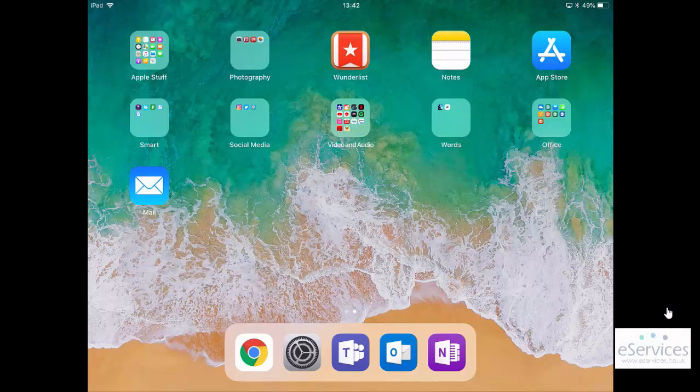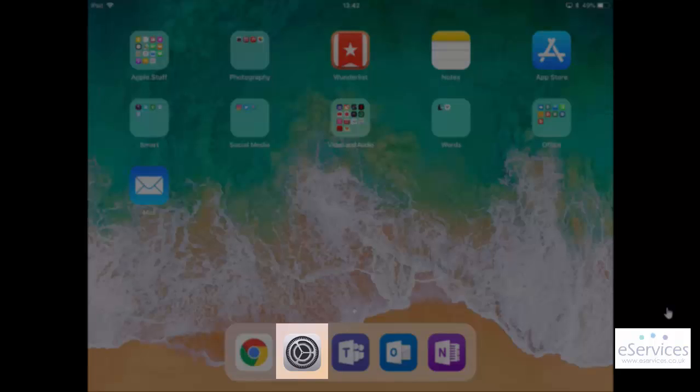For this video we're going to look at setting up the generic mail app on an iPad and setting up an email account with your Office 365 account. So there's two ways of doing this. We can either go into settings,